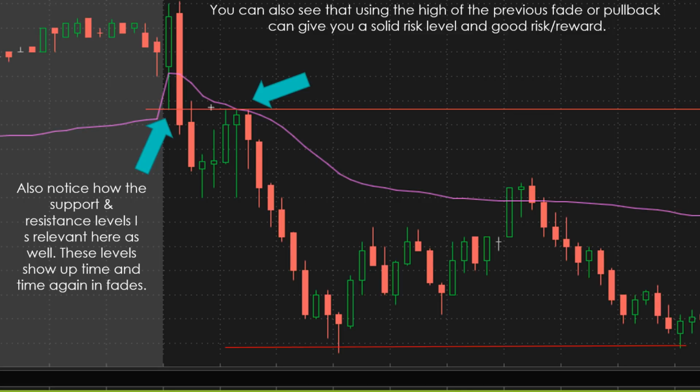And so if you do have a pullback of some sort here, or another fade, then you can use the high of that level as your risk. And like this says,